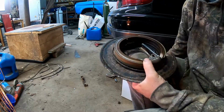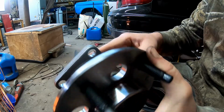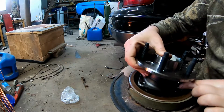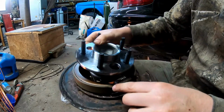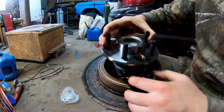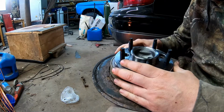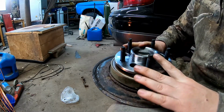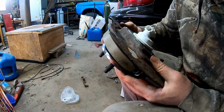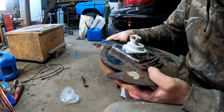Got our new wheel bearing we're going to put in place here, and hopefully I won't drop it this time. The ABS plug needs to face the front of the vehicle. So I'm just going to try to get this slid under there without knocking the brake shoes off. There. Okay, there we go. So that's all together now. You want to make sure your bearing is coming through the backing plate, and then you might have to do a little bit of work here to get